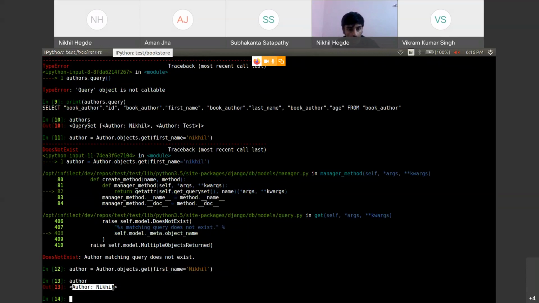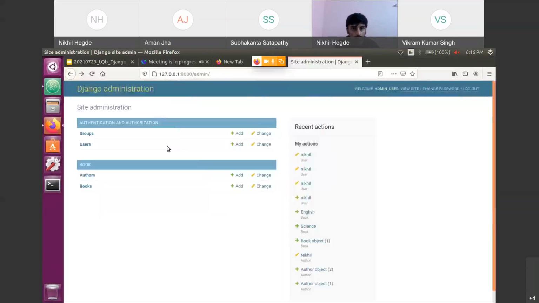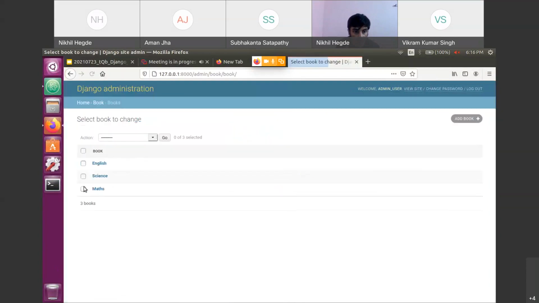Now let's add one more data in the database and see how it's going to look.